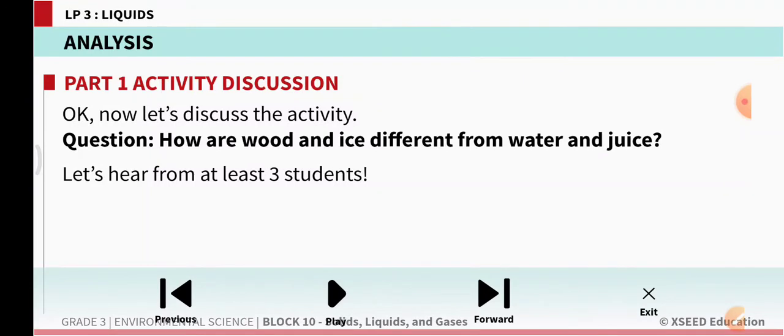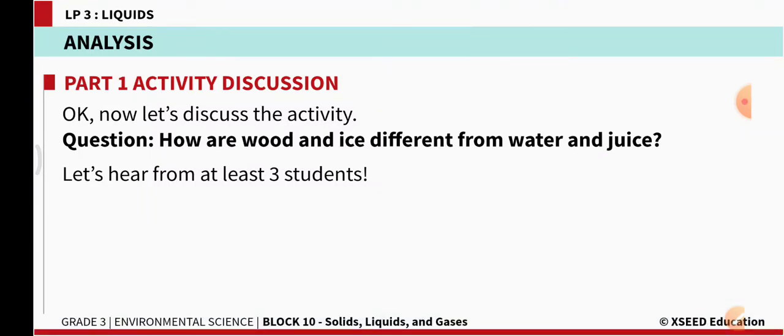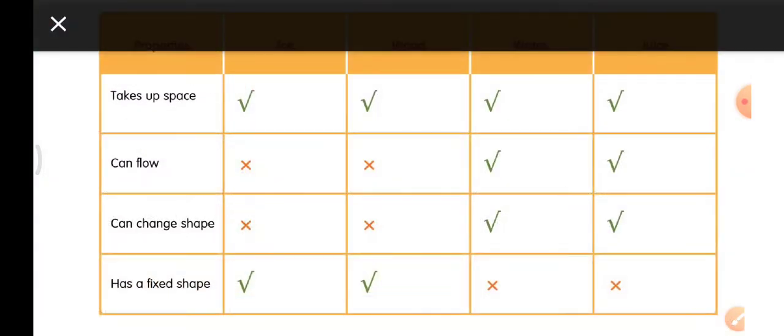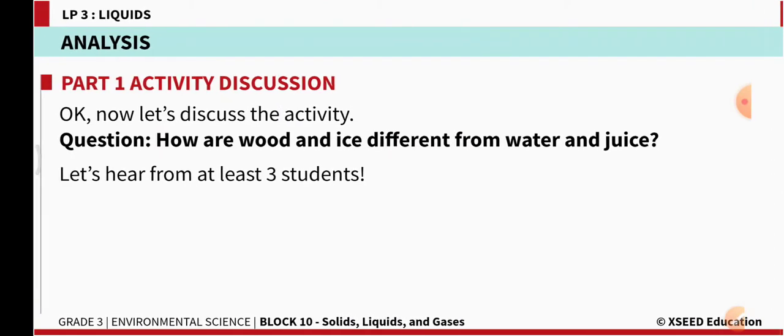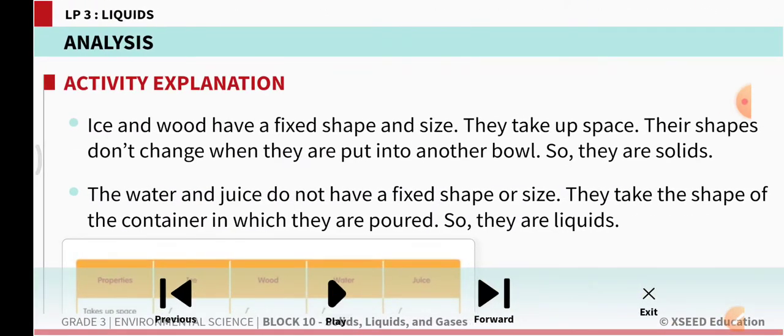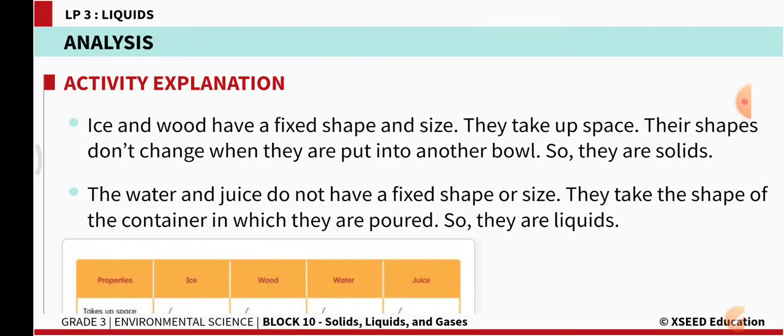Now, how are wood and ice different from water and juice? Let's summarize the answers now. Ice and wood have a fixed shape and size. They take up space. Their shapes don't change when they are put into another bowl. If you pick up the piece of ice and wood and put them into another bowl, their shape won't change